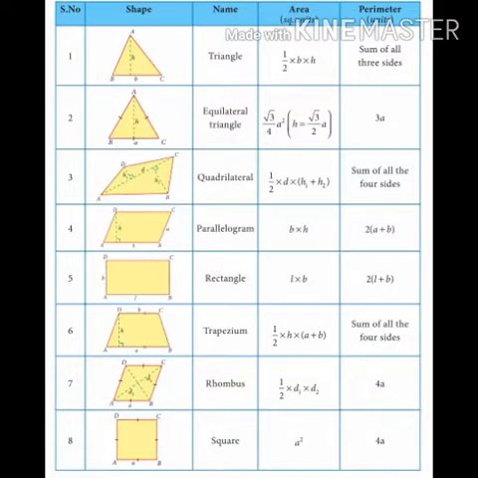Students, in this academic year, 3 terms book are combined and made as a single book for whole year. This tabular column is given in the new book page number 61. The formula to find the area and perimeter of some plane figures which you learnt in the earlier class. Now let us see the exercise 2.2 in page number 65.